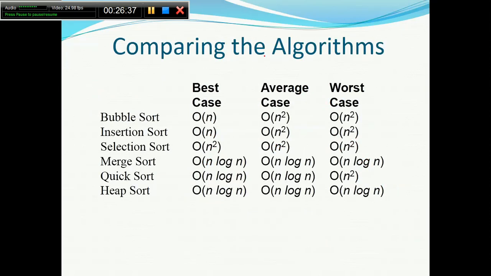Now we can compare with the other algorithms. We have bubble sort, insertion sort, selection sort, merge sort, quick sort, and heap sort. You can just consider this table for comparing the algorithms that we will discuss, and have already discussed, in this particular course. For the merge sort that we have discussed at this moment, whether it is the best case, average case, or worst case, the complexity remains order of n log n, because we have divided into log n levels, and during the combine step it is n for each level, so n into log n.